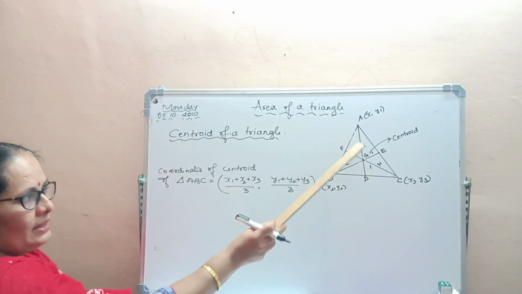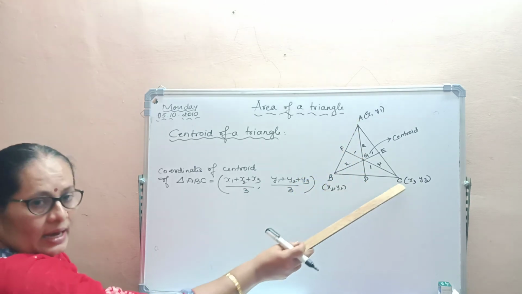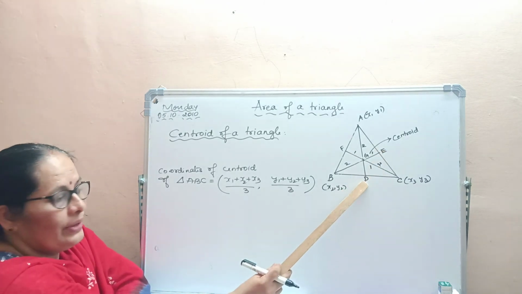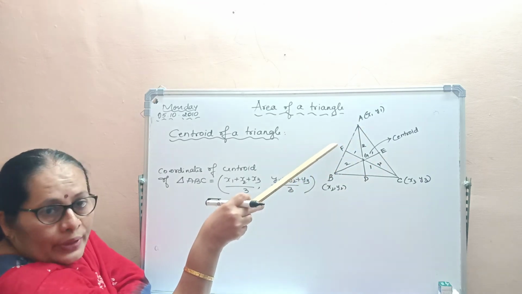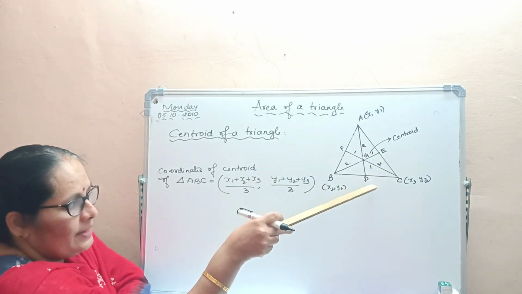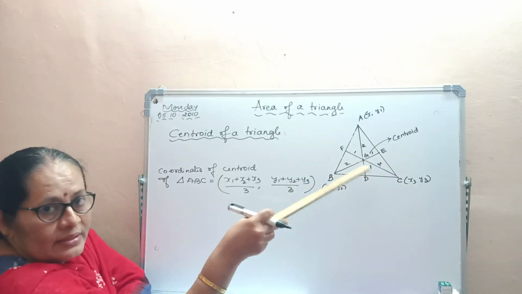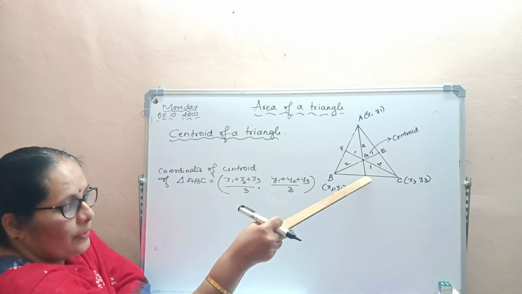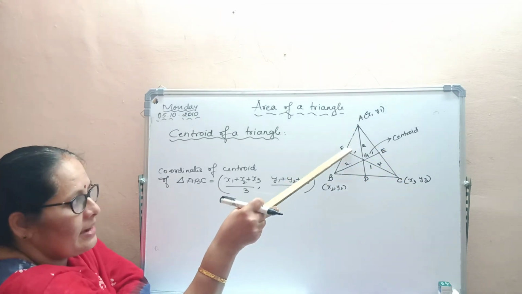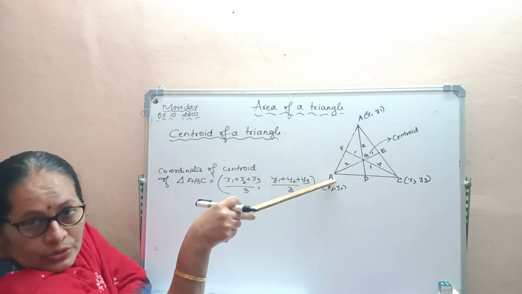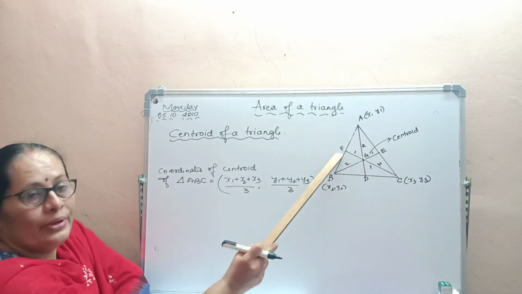Using length of the median, and see here, suppose coordinates A, B, C are given. How will we find point D? How will we find point E? How will we find point F? So, to find point D, the formula is midpoint formula, because median divides this one. This point D is the midpoint of BC and E is the midpoint of AC and F is the midpoint of AB. So using midpoint formula we can find out point D, point E, point F.